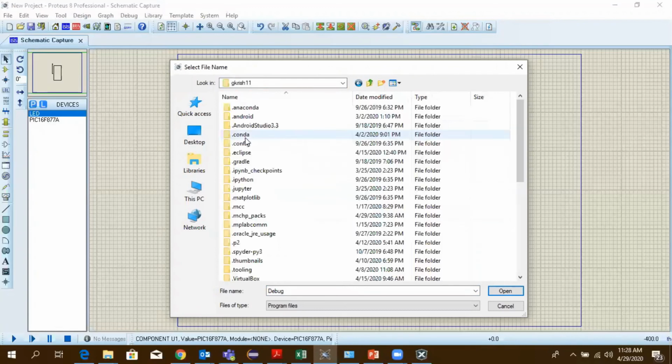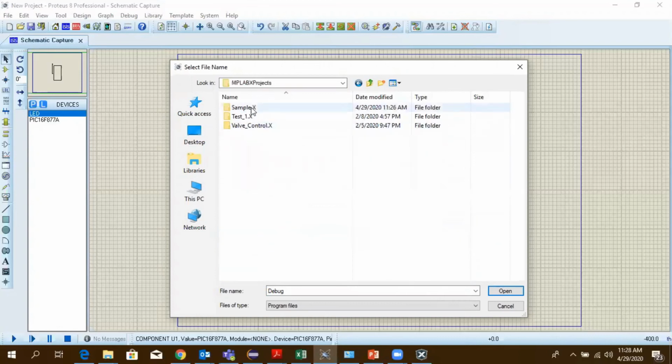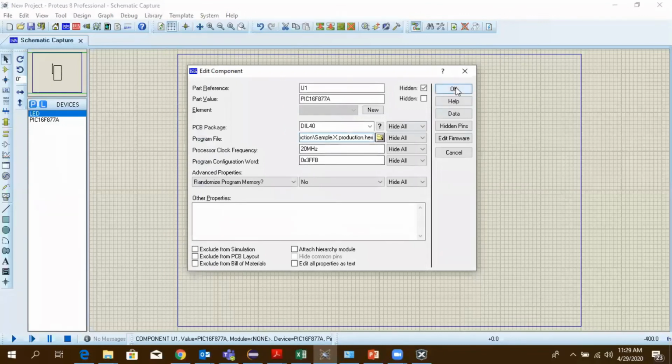In Users, gkrish11, MPLABX projects, sample, default, production, this is the hex file, sample.X.production.hex. Select it and give OK.